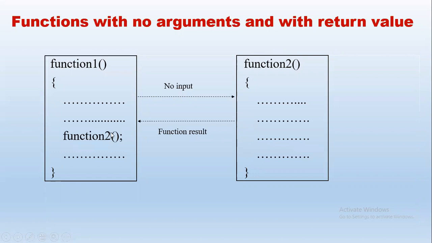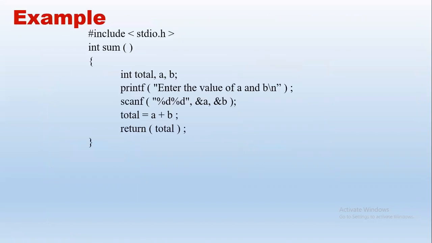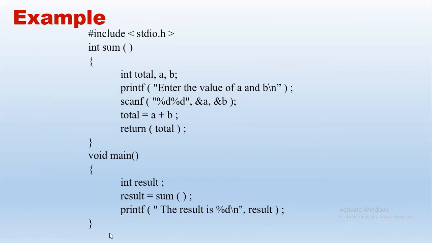Now if this function 1 is main, function 2 is add. We will see how it works. Same example but with the fourth category. So that is the function definition and then we have the main. Control comes to main, we have declared result. Since we are not passing parameters, we simply give the name of the function and brackets. So there is no parameter. This is a function call.